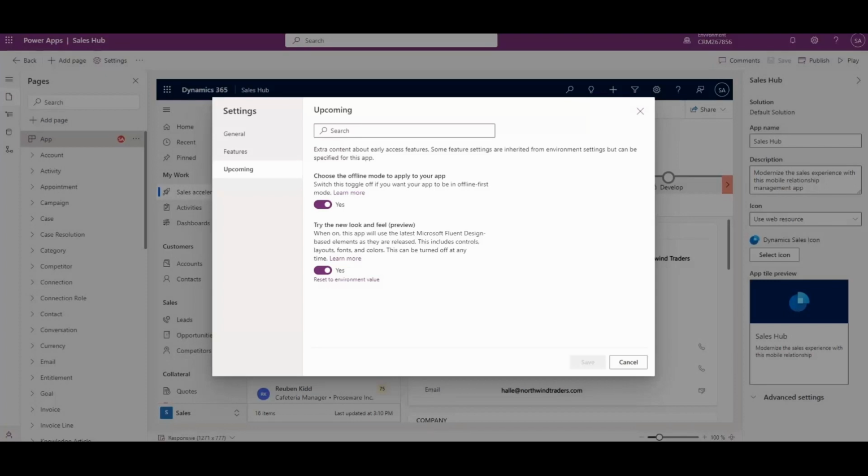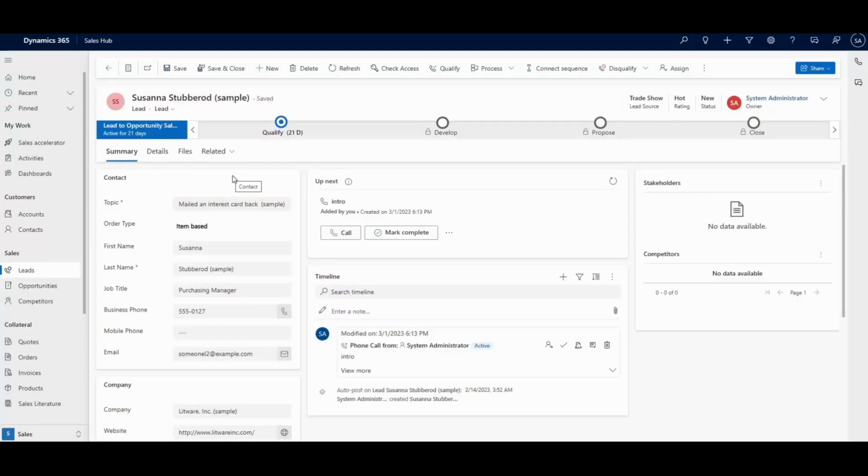When you enable it, your model-driven apps will automatically use the latest Microsoft Fluent design-based elements as they are released. Let's look at what you can expect with the new modern interface. Updated styling with drop shadows and brighter background color to visually separate sections and focus on primary content. As you can see, the command bar and the panel with the business process are separate and have a different style than